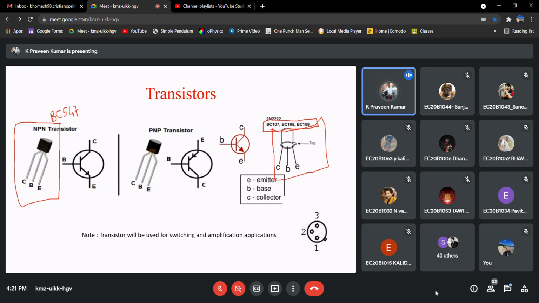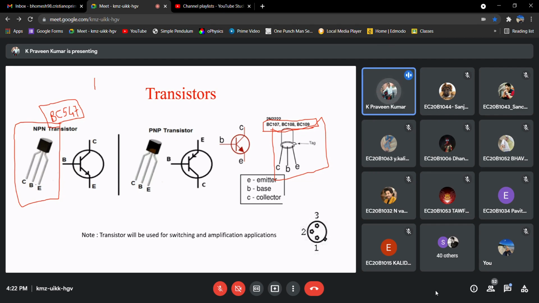BC547 is manufactured by some vendor, and BC107 is manufactured by some other manufacturer, right? The remaining things will be the same. Maybe you can find differences in some transistor parameters, which you will learn in your courses, so I don't want to go into that part. Basically, the transistor parameters may vary slightly, not in a huge way, right?